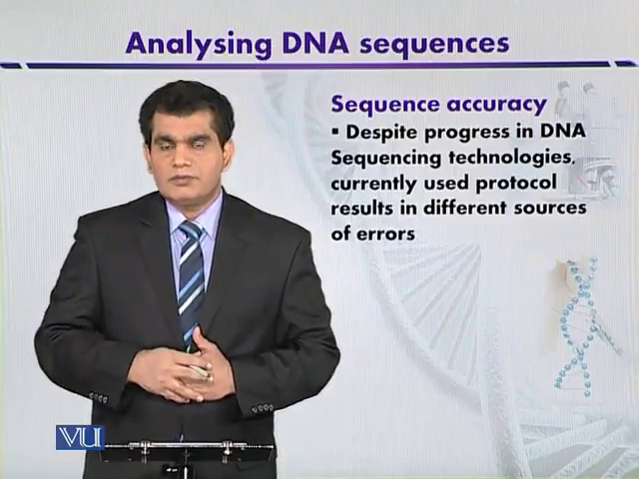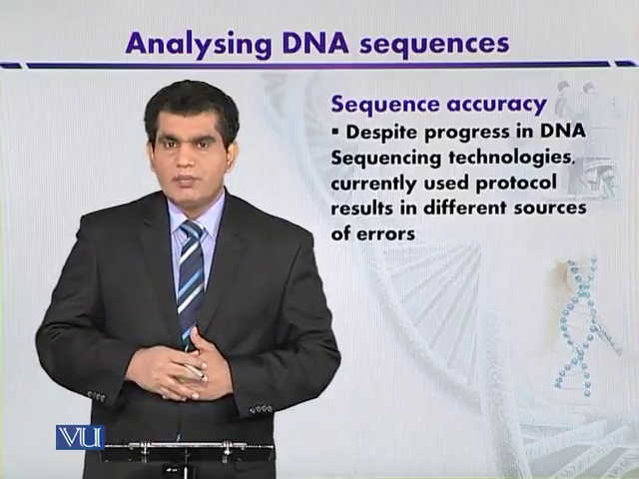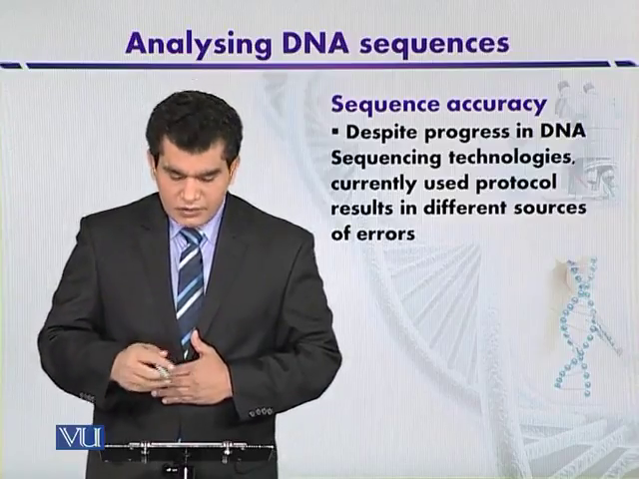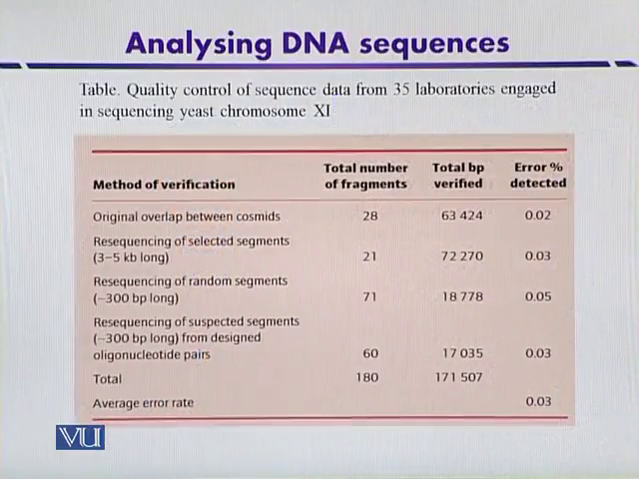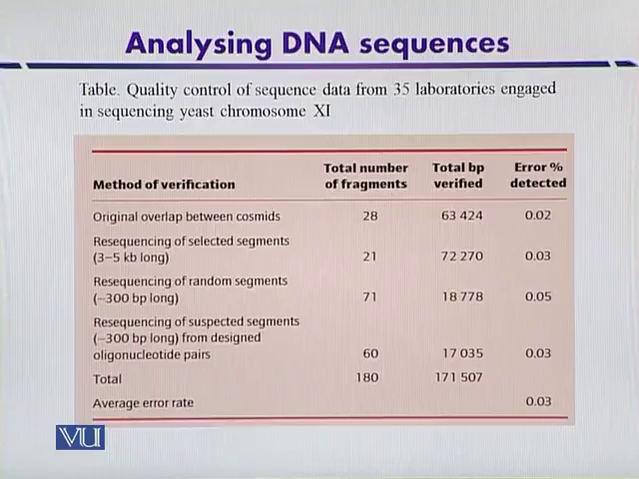Now what type of quality procedures they adopted, I can explain here with the help of one table. This table relates to quality control of sequence data from 35 laboratories that were engaged in sequencing yeast chromosome 11, and the different methods they used for verification. For example, in case of the first one, original overlap between cosmids, where the cosmids were used as a vector. The total number of fragments they analyzed was around 28, and around 63,000 bases they verified, and they detected an error of around